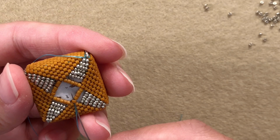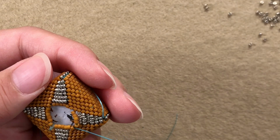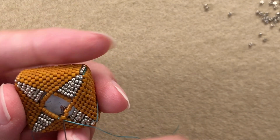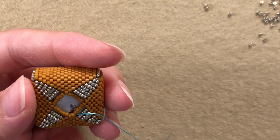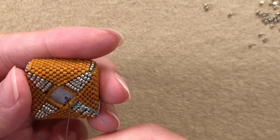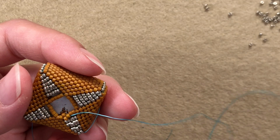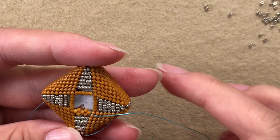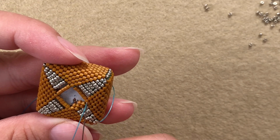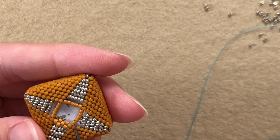Go through the, you know what, I'm gonna go through this 5 and through the corner delica there, and then I'm gonna come out of the first one here, pick up a delica, skip 1, go through the next, pick up a delica, skip 1, go through the next, go through the corner here, go through the first delica,